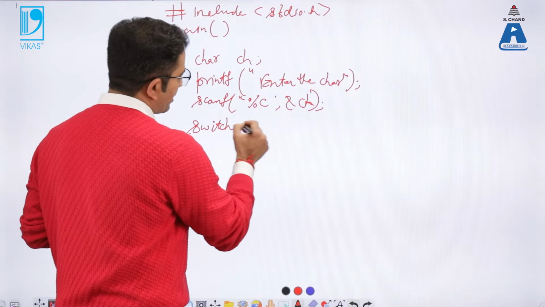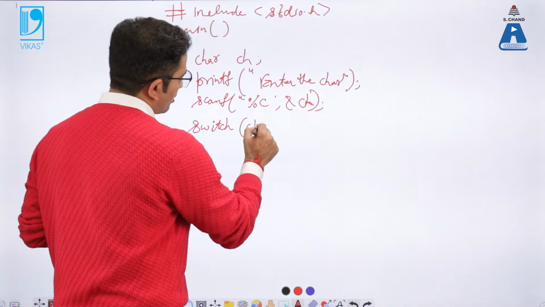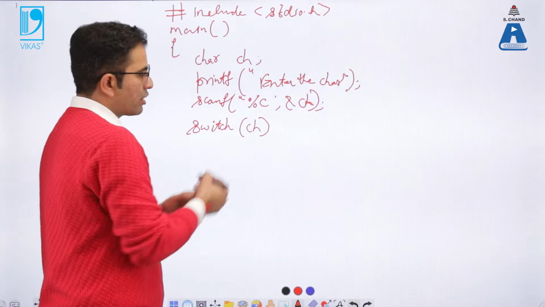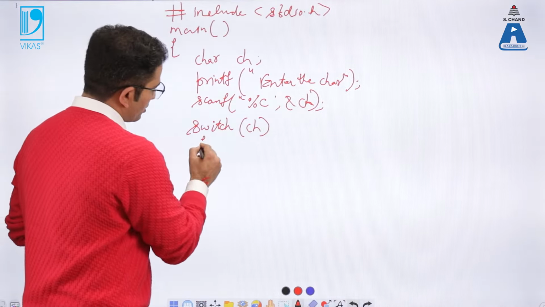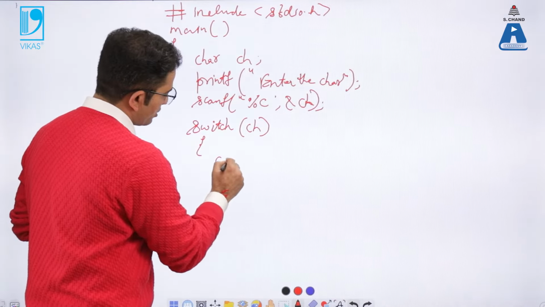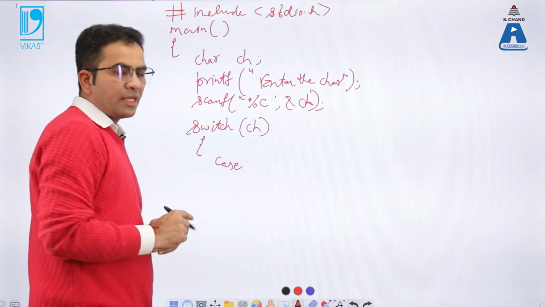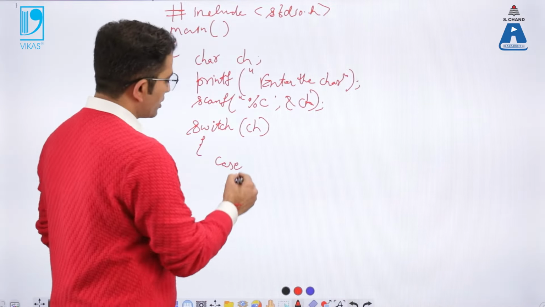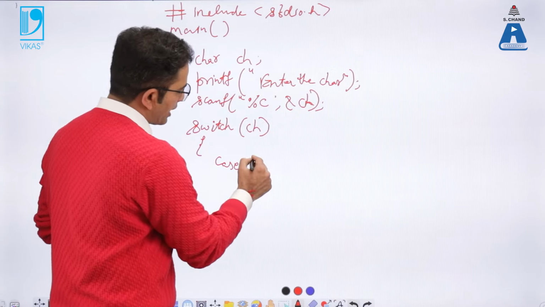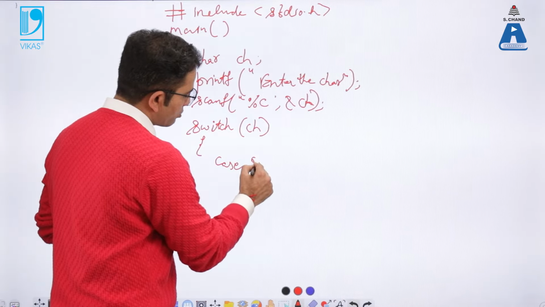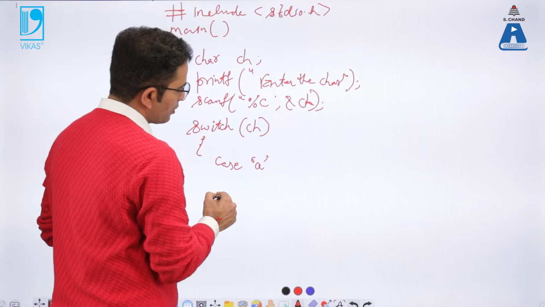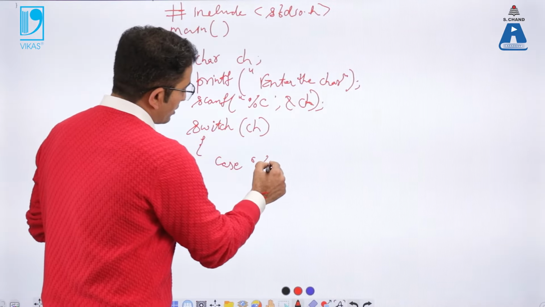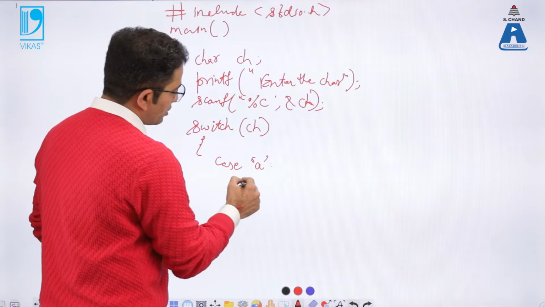Switch, and in bracket we will write the variable name. Here the value will come. So there are again 5 cases, A, E, I, O, U. These are the vowels. So my first case, because my values are character, is case small a. Okay. Case a. If this is true, then